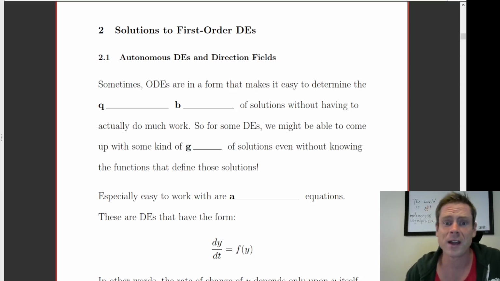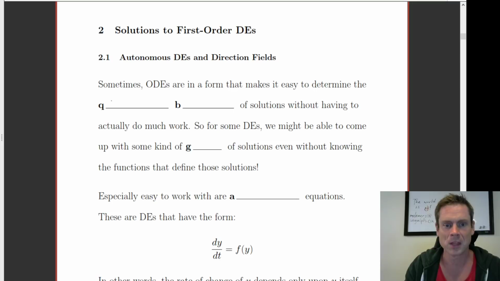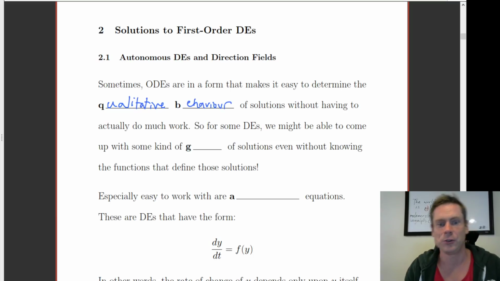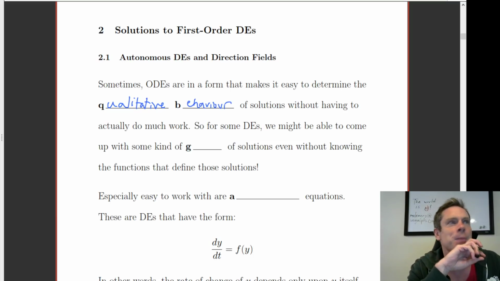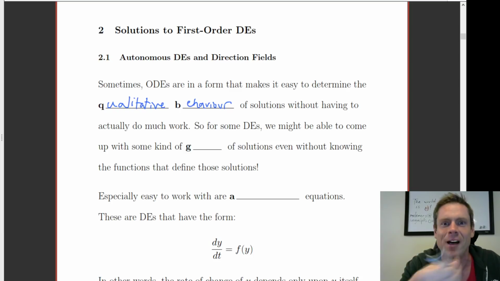So sometimes, let's fill in these notes, ordinary differential equations, ODEs, are in a form that makes it easy to determine the qualitative behavior of solutions without actually having to do much work. We went through this whole last section talking about solutions and solving, and one day we'll be solving, and that certain functions might satisfy these differential equations. But here we are saying, before we get to that, let's see if we could actually draw these solutions,